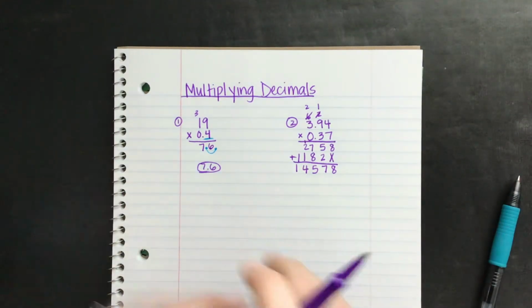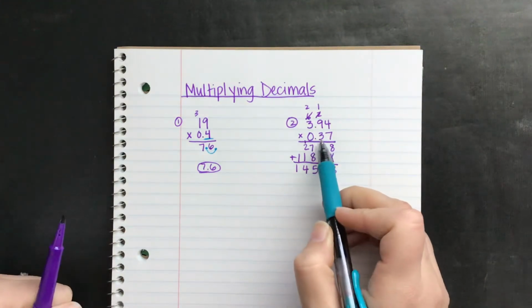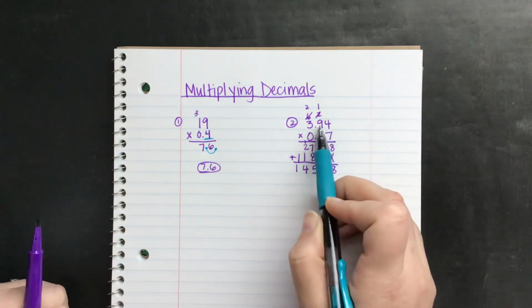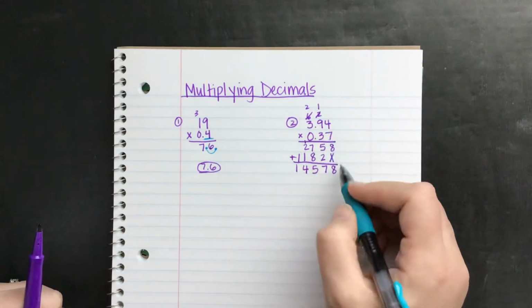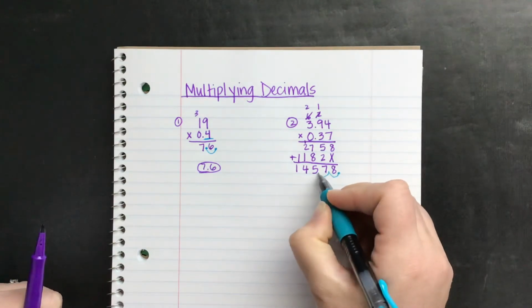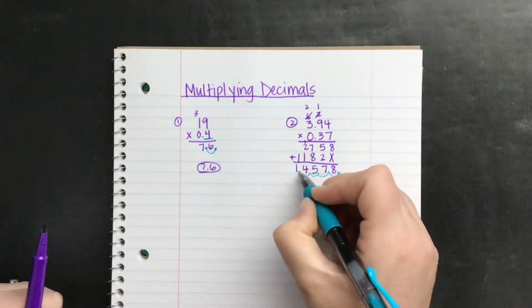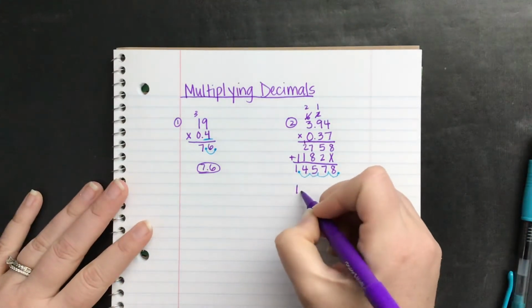Okay, now I'm looking to see how many numbers do I have behind the decimal point. I see I have 2 decimals here, and that's 1, 2 numbers, plus another 1, 2 numbers. So here I have 2 and another 2, making it 4. So I'm going to move my decimal point over 4 spots. 1, 2, 3, 4 spots. So my answer is 1 and